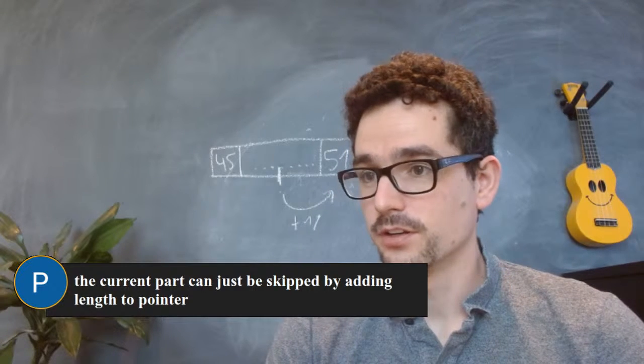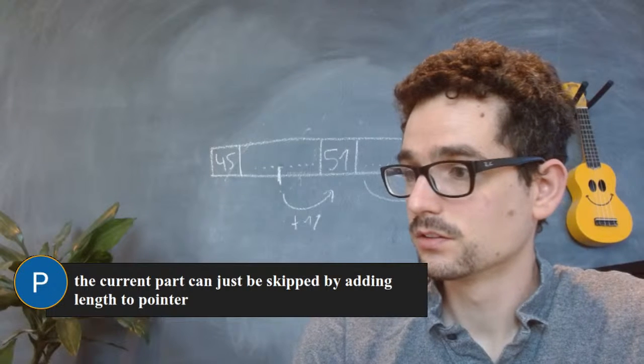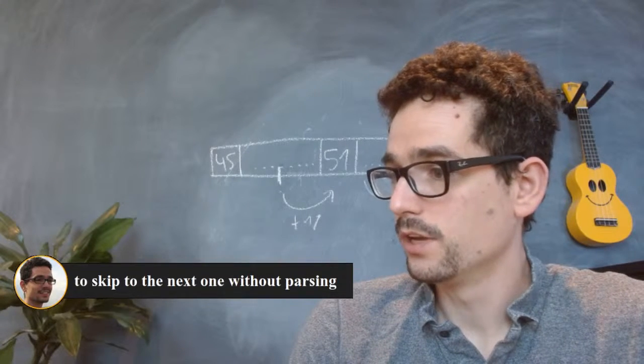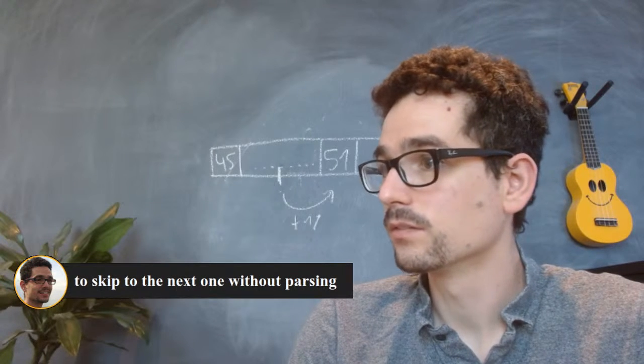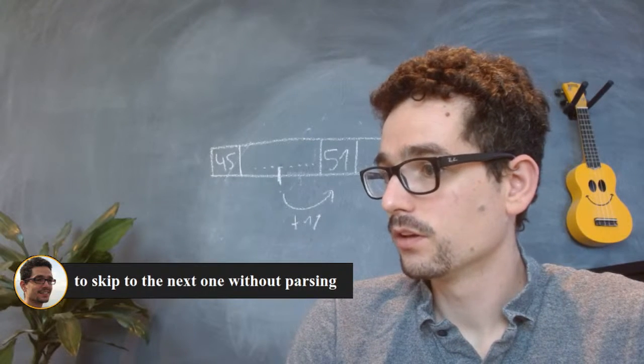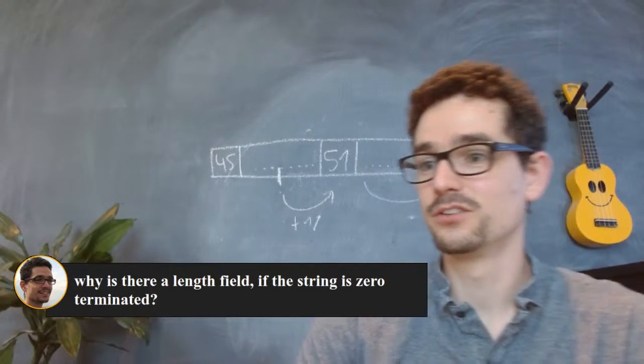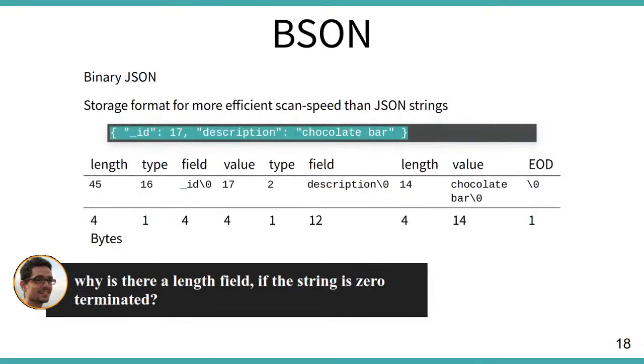And then in the other chat again, the good answer: to skip the next one without parsing. And there was also a question, why is there a length field if the string is 0 terminated? Yeah, let's look further here. So we have 4 bytes. These are always 4 bytes